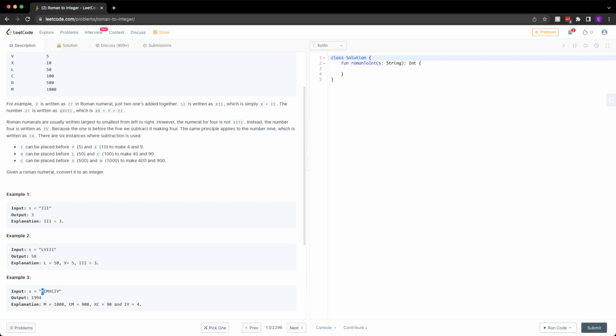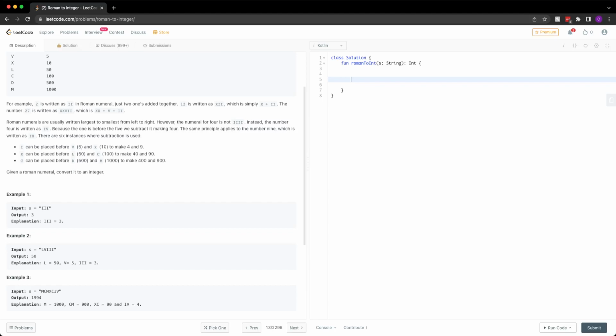If this number is greater than the next one, add it to the total. If this number is less than the next one, then what we want to do is take this number, subtract the first one, add it to the total, and so on and so forth until we make it to the end of the string.